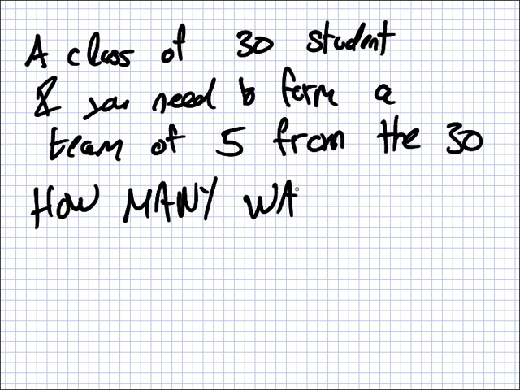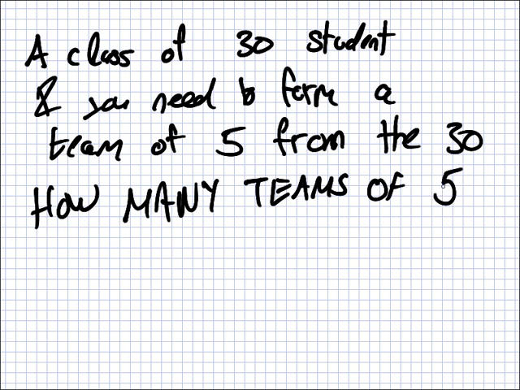How many teams are there? Teams of 5? No. 720 maybe? That seems too big. What? Seems too big. You're sticking with 720? Okay. So look, you have to pick the first person for the team, right? So how many people can you pick for the first person? 30. And then the next one? And then